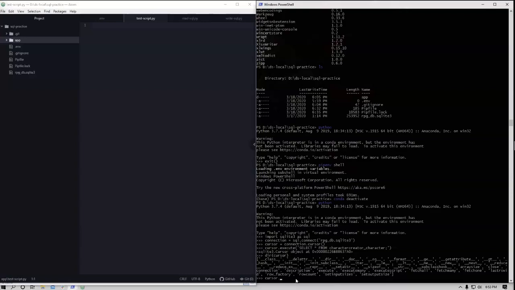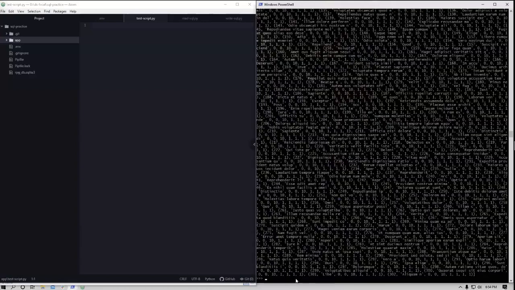So now I want to do the same thing, right? I'm going to execute. It's not going to let me do that now. So I'm going to do the same thing: cursor.execute. Then I want to end that, and now we want to do fetch all. That's a method, so we're going to call that with parentheses. Woo! That's some vomit, right? But this is good. I can get a lot of details from this.